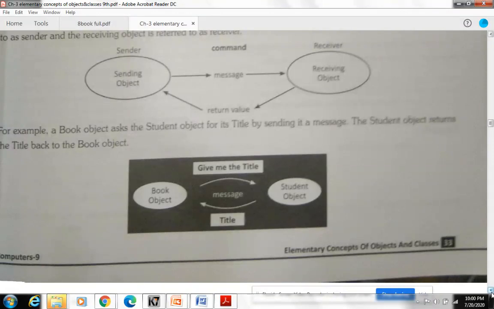Suppose I want to press the minus sign, so I am calling the subtraction method inside the calculator. Then if I put some other values, 2 and 3, and I want to use the plus sign, the plus sign is my message, which gives my data to the method and gives back the result to me, that is, it will give me the value 5 if I put 2 and 3.